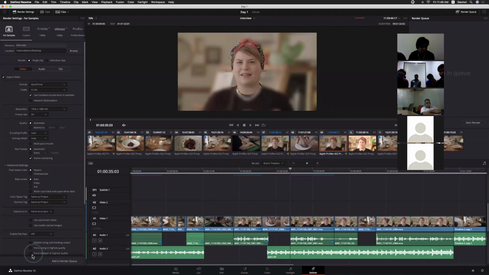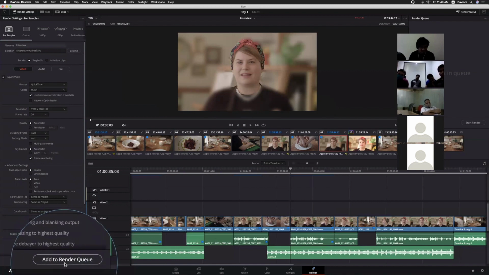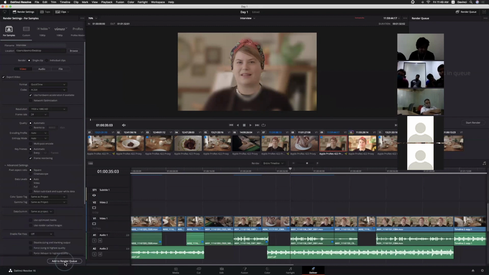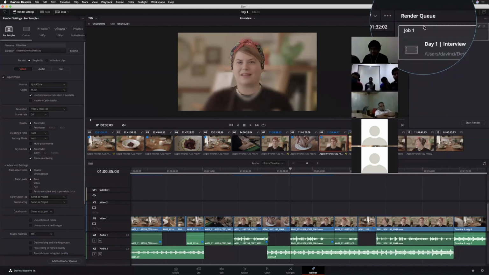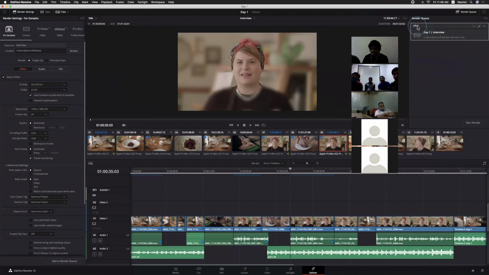Or if you don't want to change them as presets, if you want to export it right away, you can click add render to queue. Okay, add render to queue. By clicking these options, we are not exporting, we are just adding that portion to the render queue. Now this is the job one. Now let's say I just want to rename it. I'm naming it as for network.